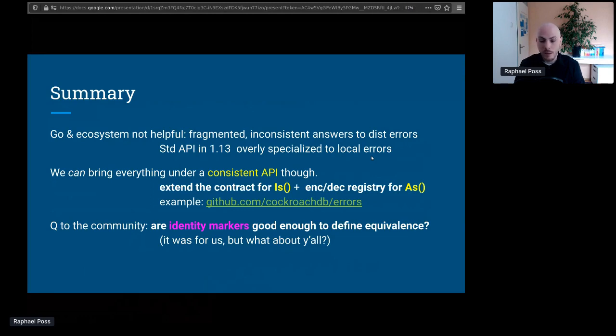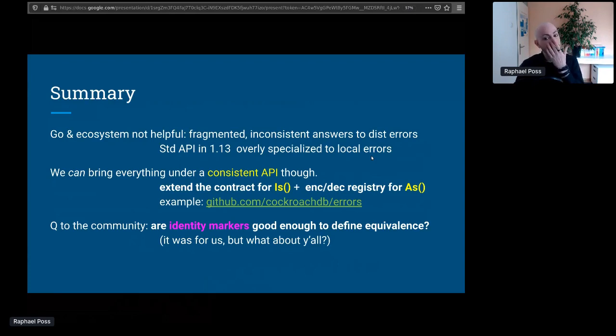But not all is lost. We actually can do something about this and preserve the API. Preserving the API is desirable because you don't want many different error APIs in your code, and you also want your Go programmers to be able to be effective by understanding only the standard API without having to learn more things. So we should try to reuse standard APIs, but we can still have alternate implementations of the standard API, and that's what we can do here.